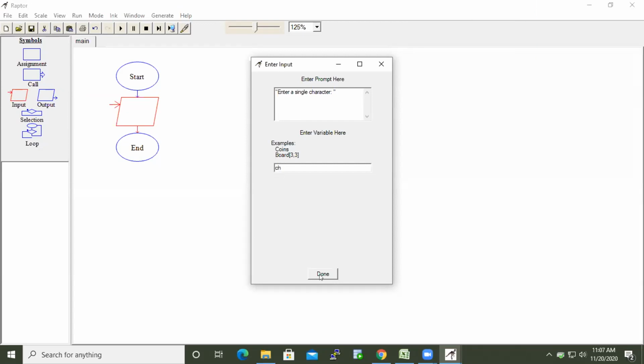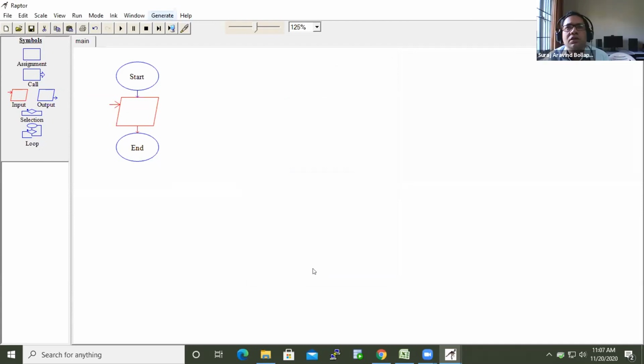So what topic is this? Till now in the Raptor tool, we worked with only numbers. You take a number, you try to find the prime, Fibonacci sequences, etc. But we did not work with characters. Suppose I ask to enter a name, we enter a name, we then add some more details, etc. So in today's session, we will see how to work with characters.